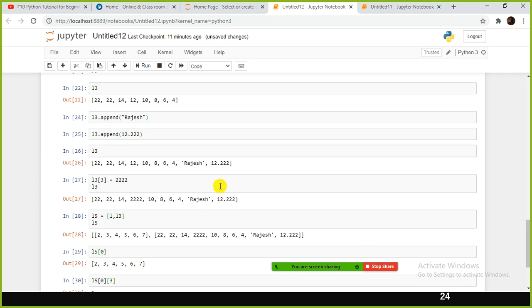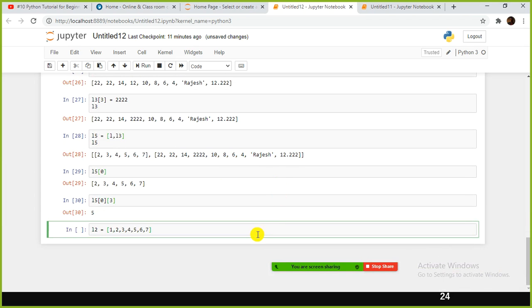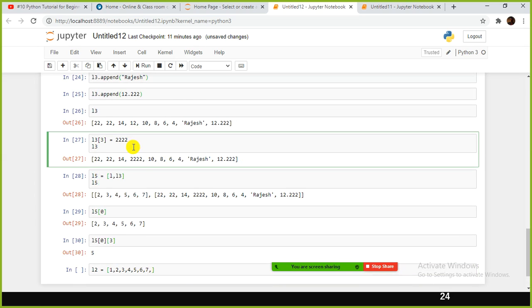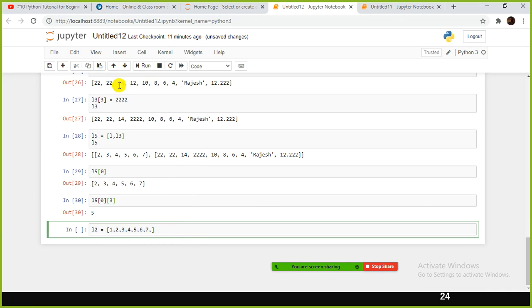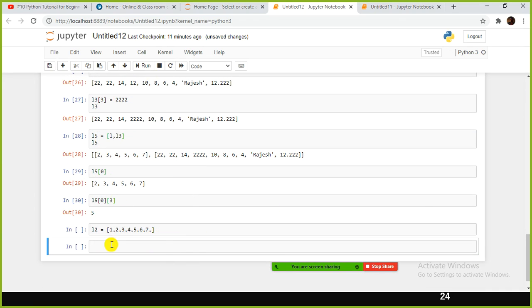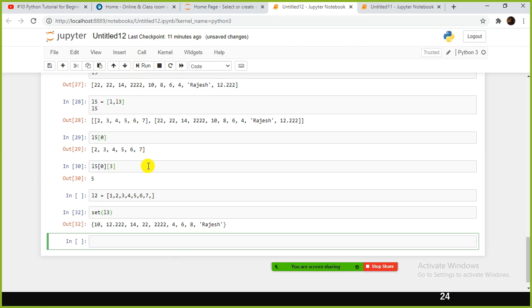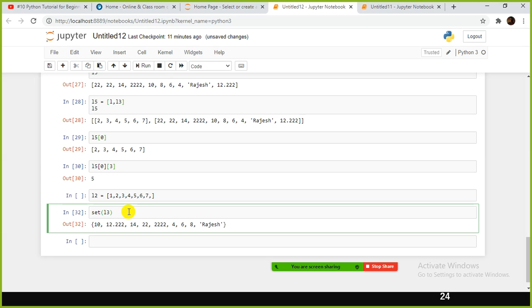So what you do is you compare these two things, L1 and L2, and find out. Okay, before that, in this L3 I have some duplicate values. How do I remove the duplicate values from a list? We have a set function, very simple one. Try with list comprehension. That is an assignment for you all.